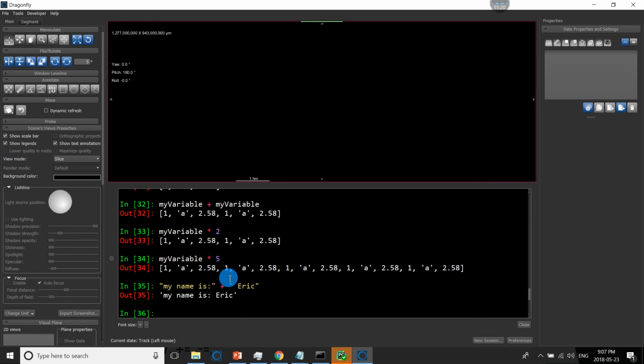Yeah, and the last two are for incrementing and decrementing numbers.